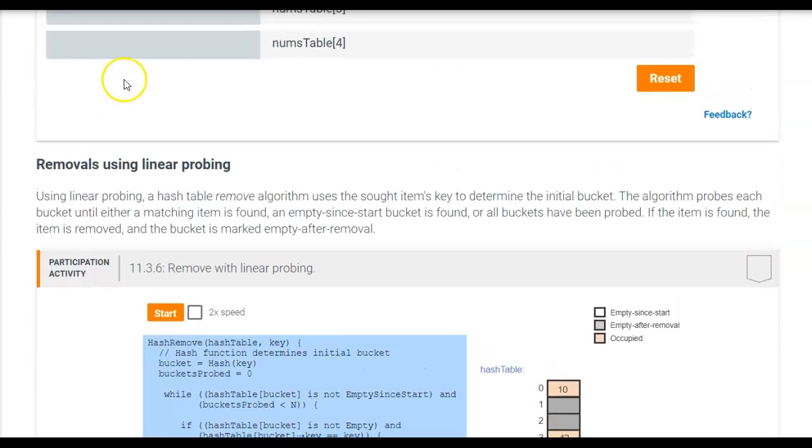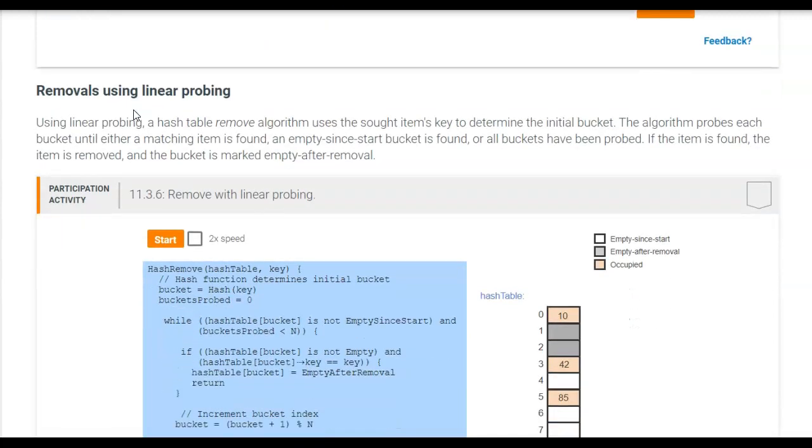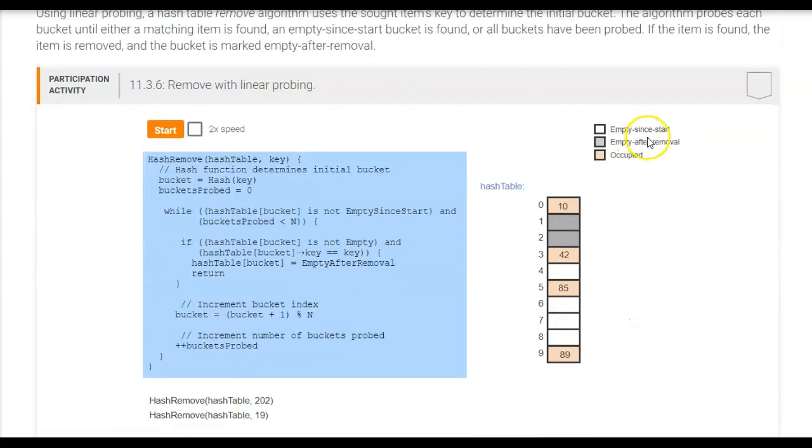So in section 11.3, it does talk about the removal process, where a location is either empty since the very beginning of the process,